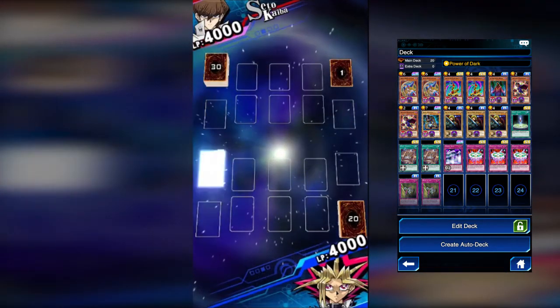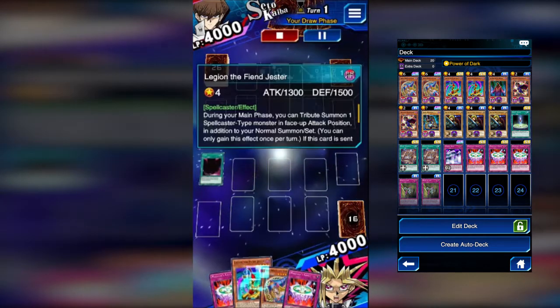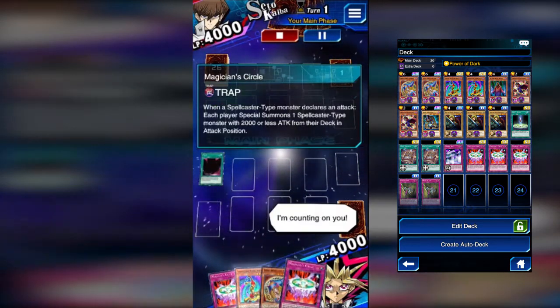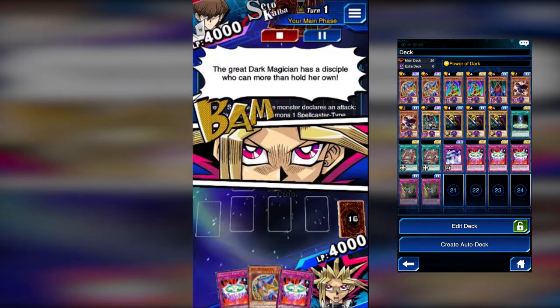And we're back with duel number 2, and I'm going to throw the Power of Dark out, and I get a pretty good starting hand. I draw my Jester and my Dark Magician Girl right away, and I do have 2 Magician Circles that I can just throw in my backfield. So I'm going to go ahead and summon that Dark Magician Girl right away,